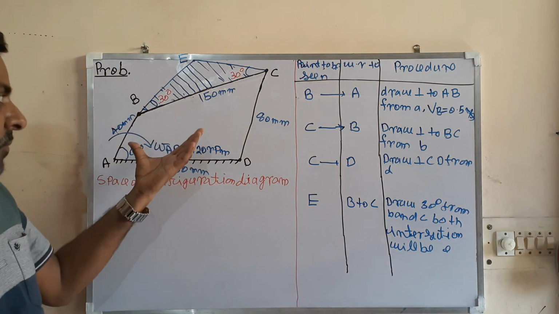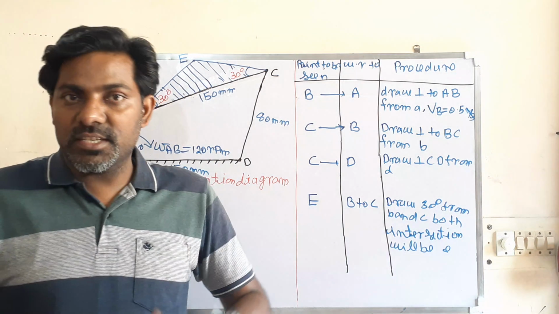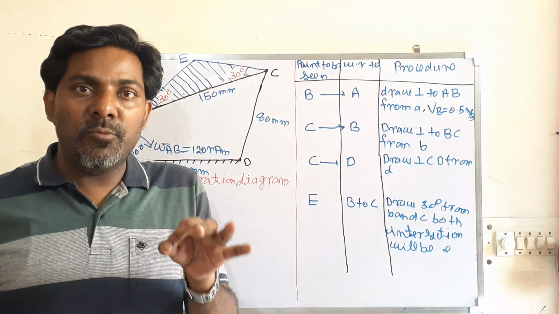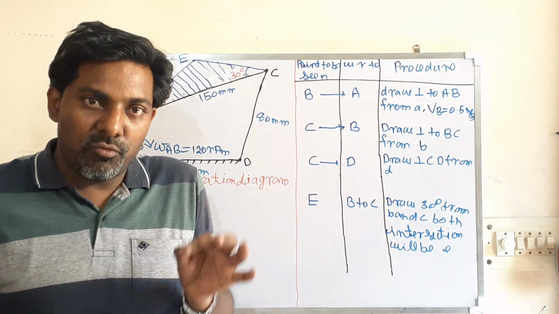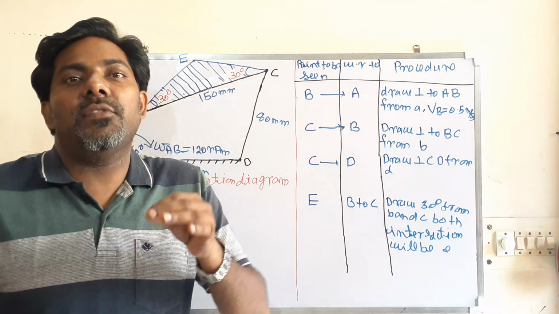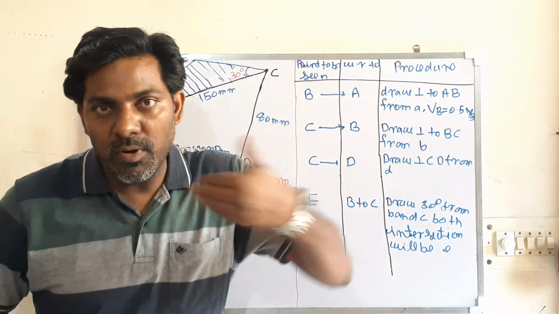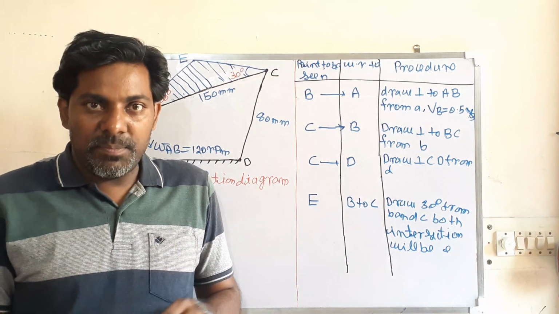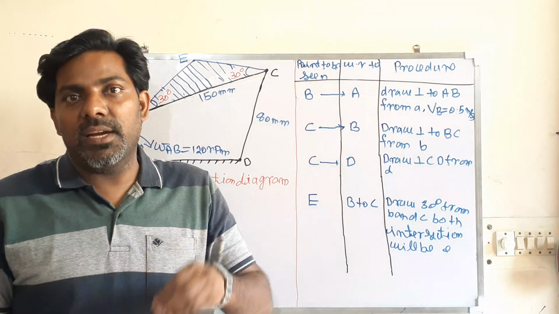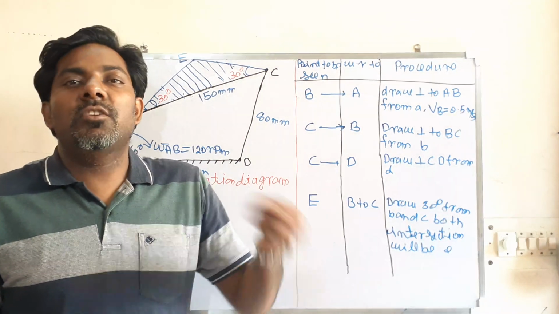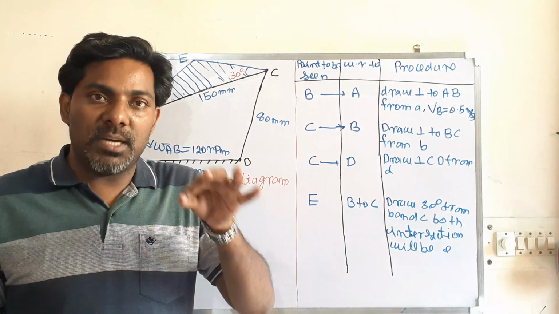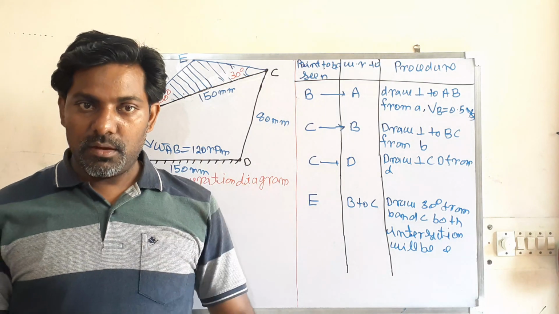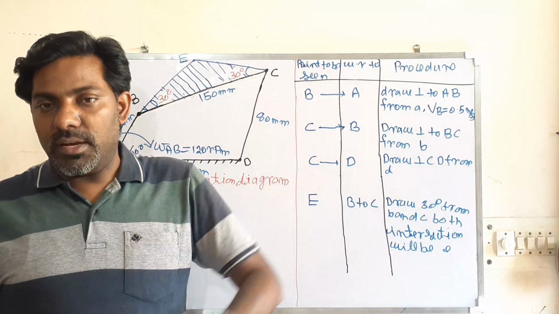So I have drawn it for this problem. Now the next step is that you have to calculate the velocity of at least one point. Actually, that will be the input variable that should be given in the problem. If that is directly given, it is okay. If that is not given, analytically you have to calculate the velocity of at least one point. Then what is the next step?